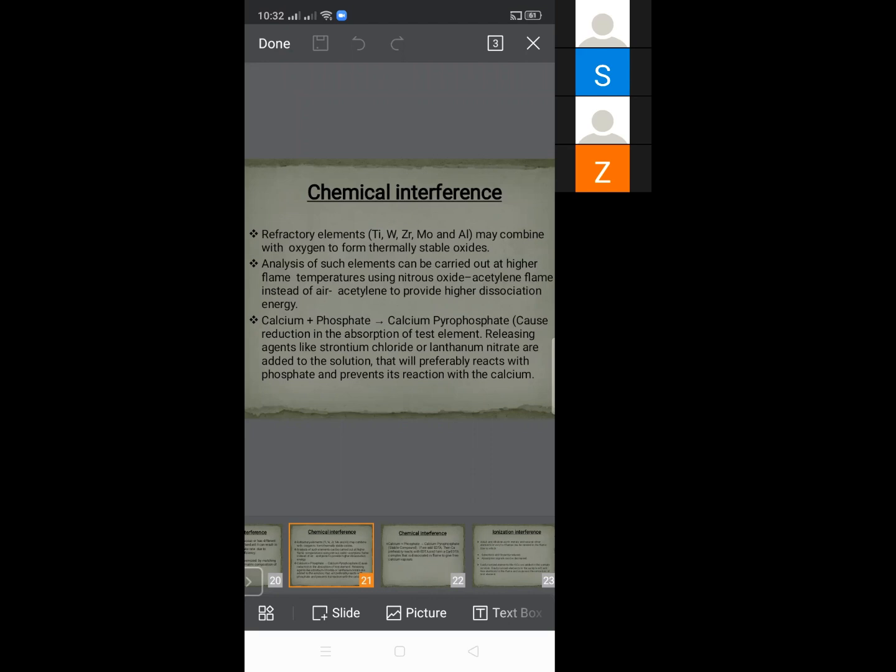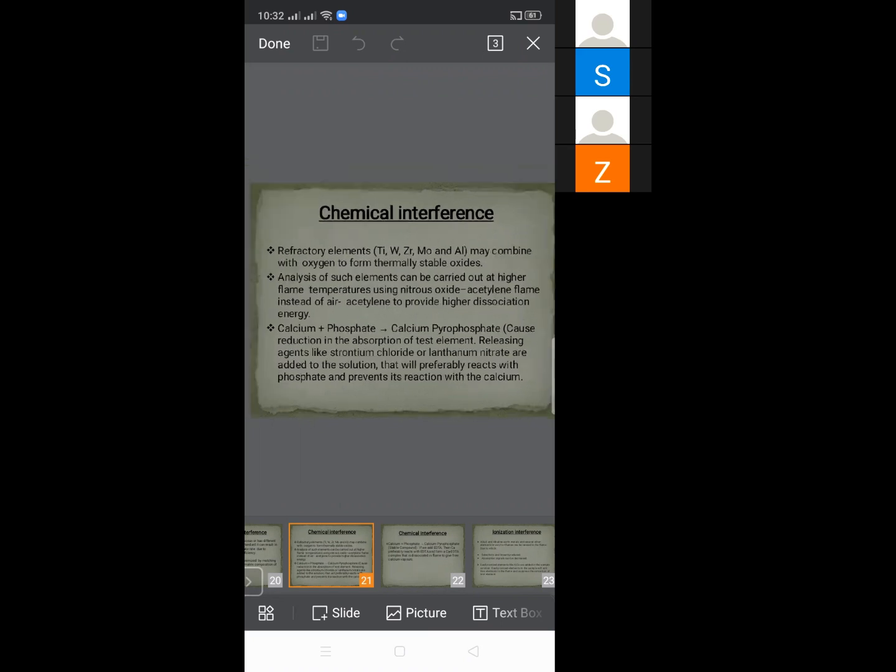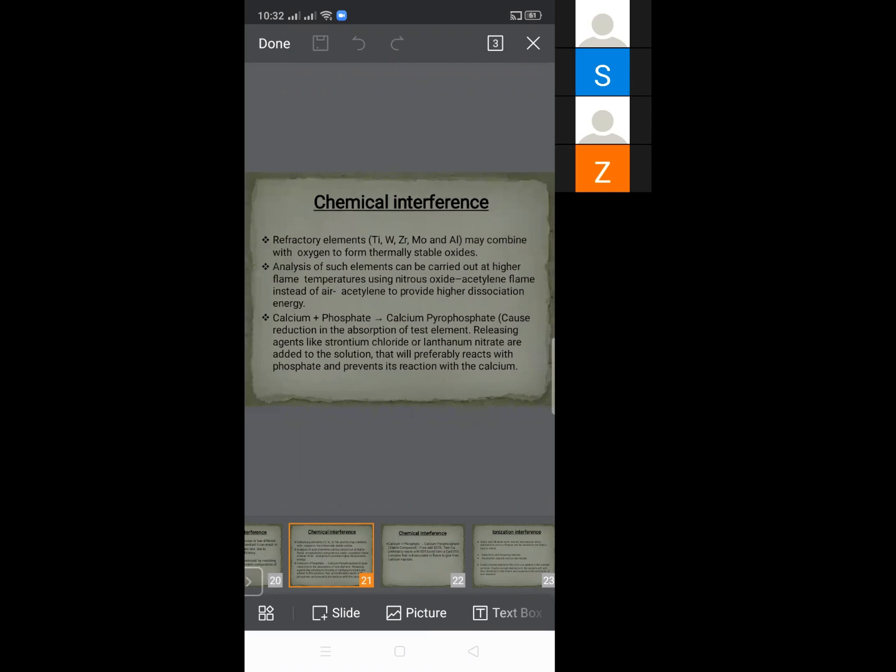Next, chemical interference also occurs when calcium reacts with the phosphate present in the solution and forms calcium pyrophosphate, due to which the absorption of the test element is reduced. To overcome this chemical interference, releasing agents like strontium chloride or 1% lanthanum nitrate are added to the solution, which will preferably react with the phosphate and prevent its reaction with the calcium. So the calcium will be available in atomic form to absorb the radiation, and hence we can test that